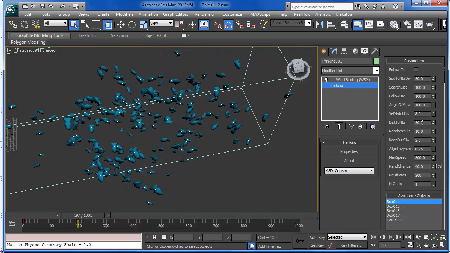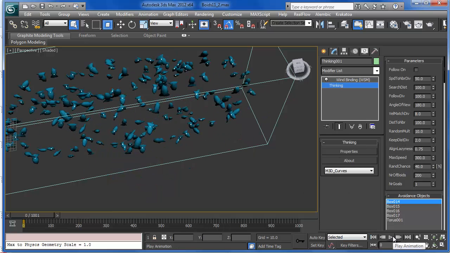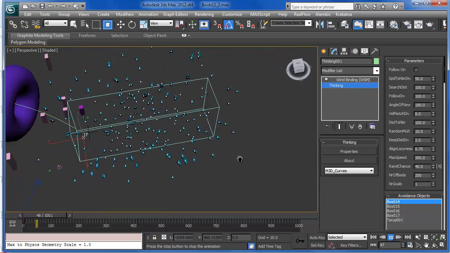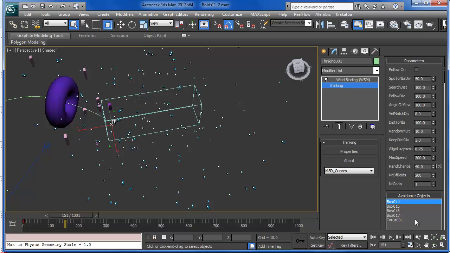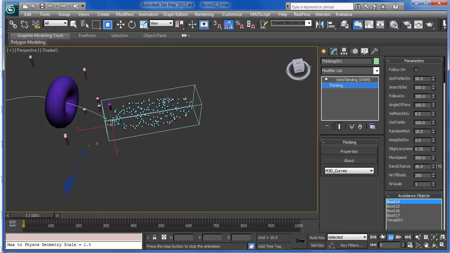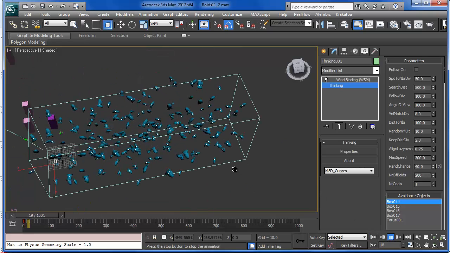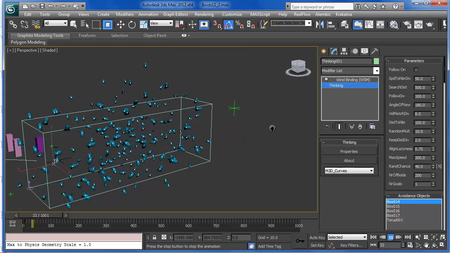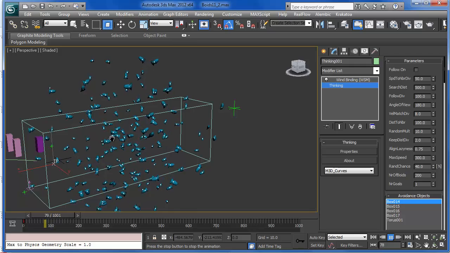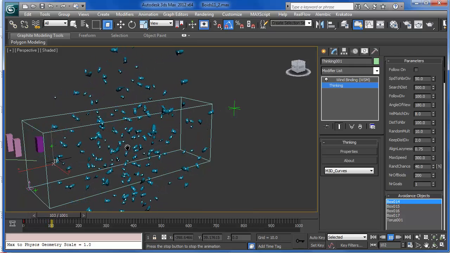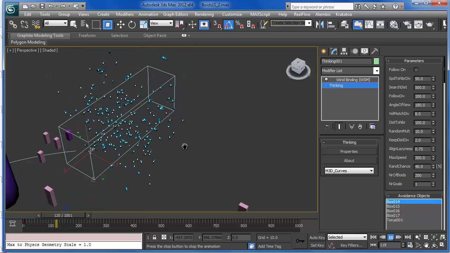So let's see if we increase this. Now they should be more spread around. Yeah. But let's also increase the search distance to see it more in effect. Okay, so you see now instead of having a larger density, they will be more spread around, even if they interact with each other,